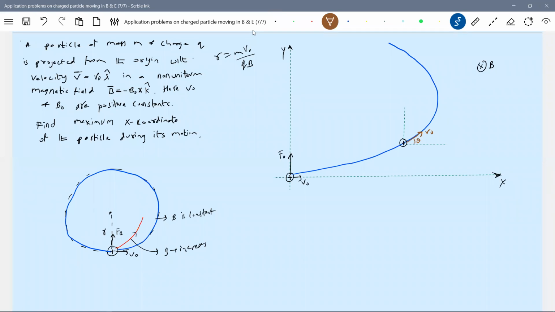Now what will happen? The magnetic force should act perpendicular, always perpendicular to the path. The speed of the particle will remain the same. Okay, this is x comma y, I will write it. And now you can ask questions. So why can't it go like this only? Why are you making it something curved here? Why will it have some turn here?